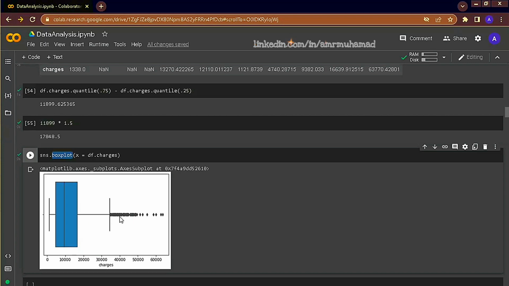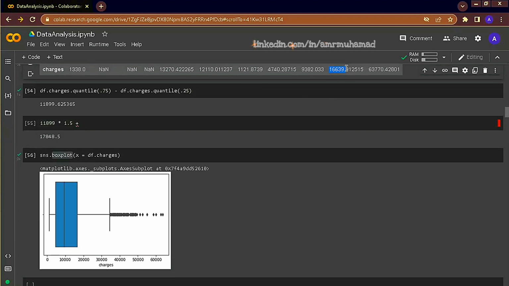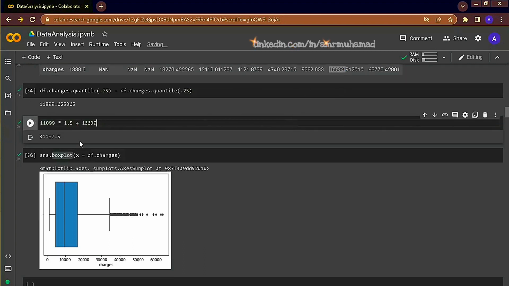In order to understand whiskers better, let's understand how they are calculated. We have already calculated the interquartile range, and we multiplied by 1.5, which is the maximum that the whisker should extend to. Now, if we add Q3 to this, for example, it's 16.6K, we get about 34K. And we can actually see here that the whisker ends at almost 34K, and any point that extends beyond that is considered to be an outlier.